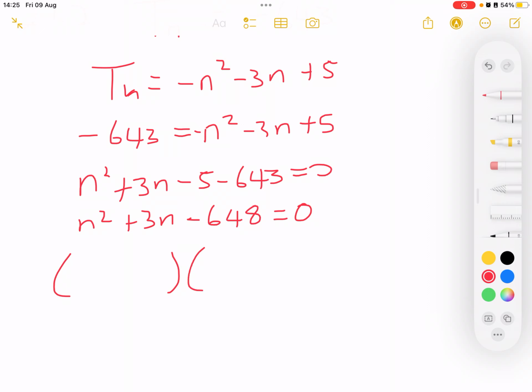Then we can factorize this by looking at the factors of 648. Now factors of 648 are 24 and 27, and these are the ones that can give you a 3. So how can you get a positive 3? If only the negative value is larger and the positive value is smaller, meaning this will be n, 24, 27, and